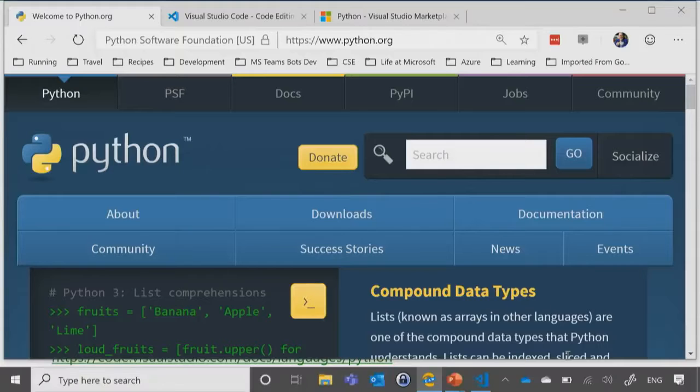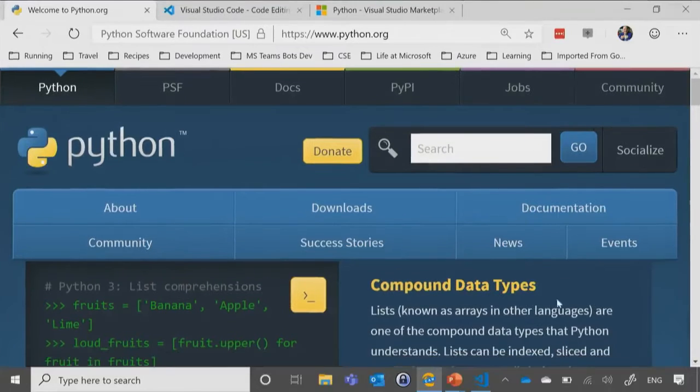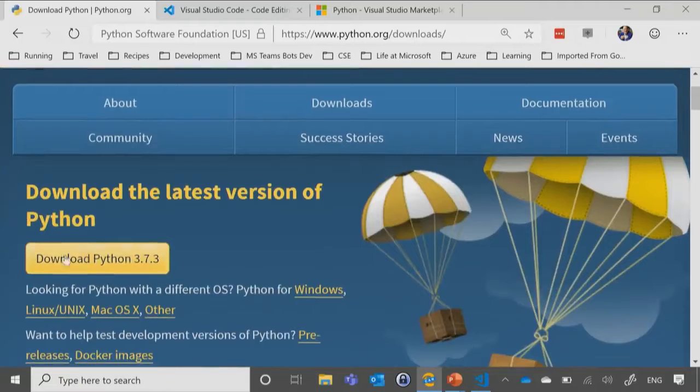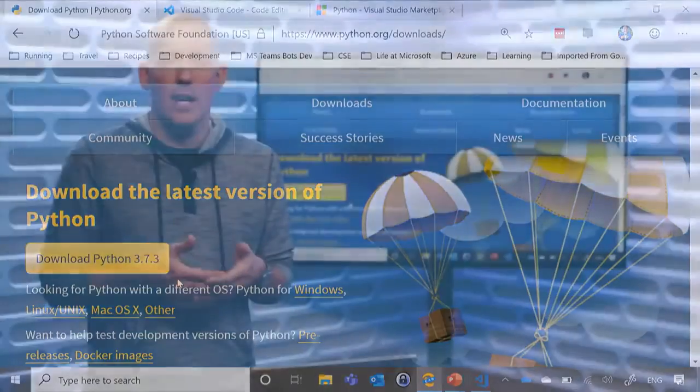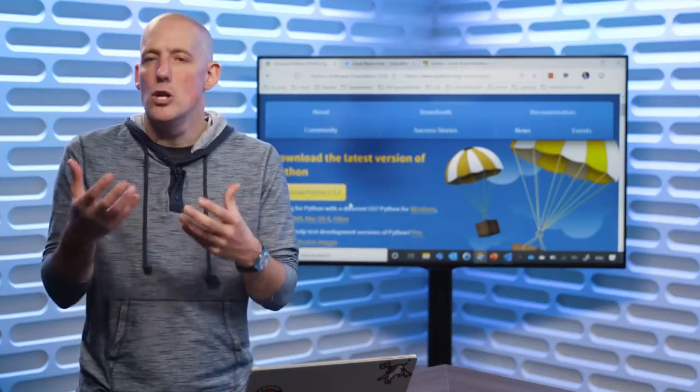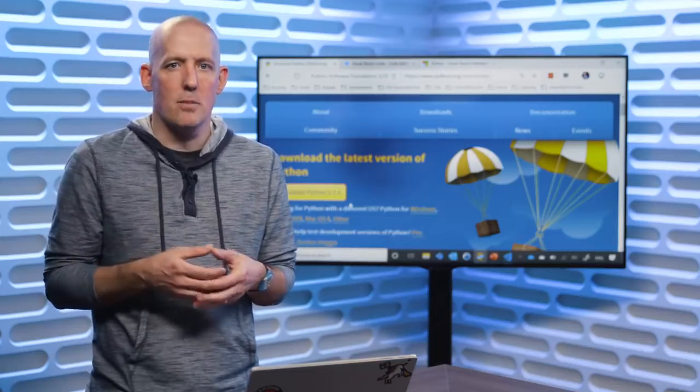And if I bring up that little site, you'll notice there is python.org, and I've got downloads right here, and I could click on downloads, and then I can go ahead and install Python right from there. Now, I'm not going to walk through how to do the installation. I'm assuming that you know how to install something onto your particular operating system of choice.